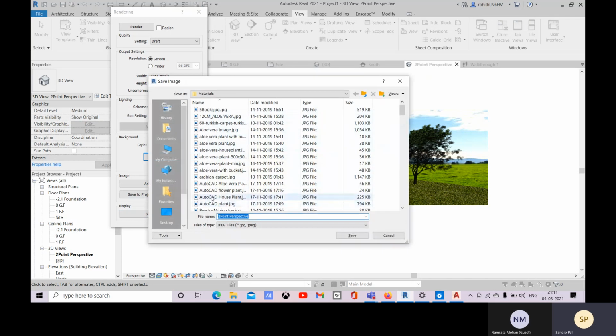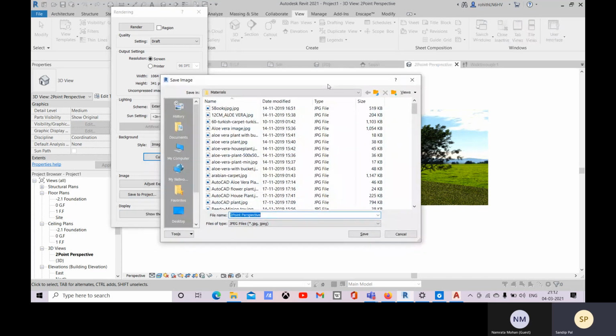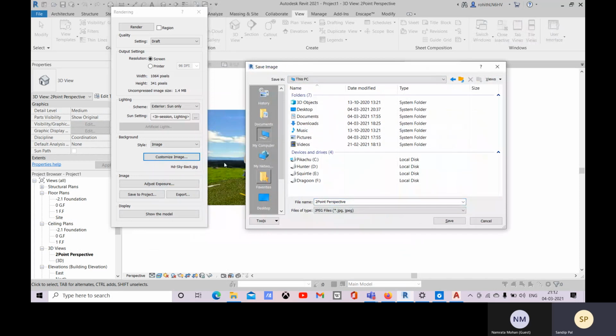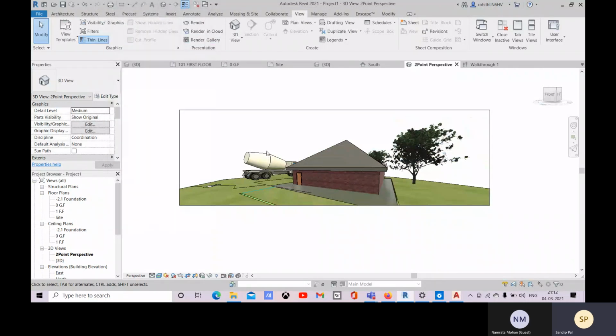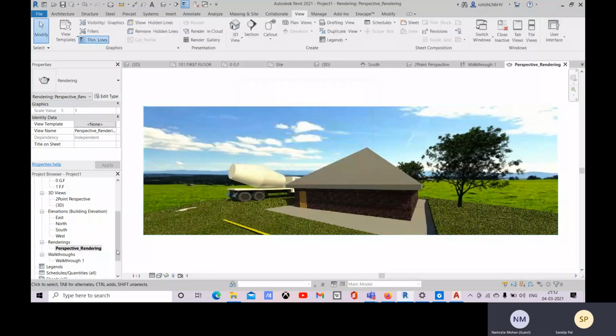Now, if you want to export this as an image file, you can choose a folder. You choose the folder, and there you can save it as JPG or Targa files or bitmap files or PNG. After that you save it. So here it's not saved, and again you can show the model. You can show the rendering. Okay. Let's just close it right now. Here within this 2 point perspective we have this model, and if you come to this rendering, here we have this rendering image saved.